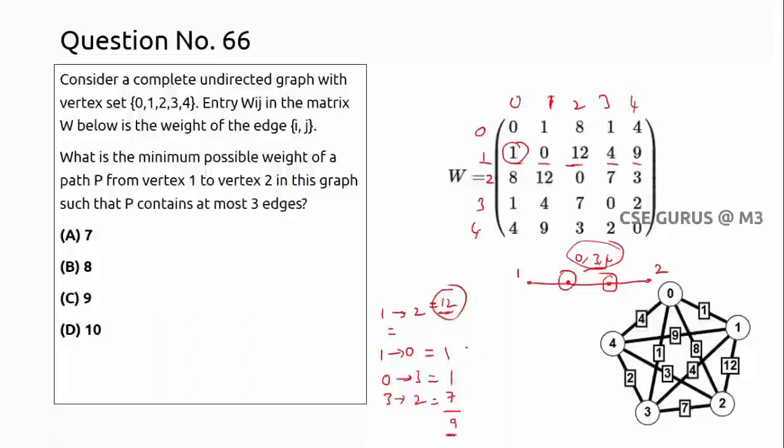But is there any other? So let us suppose after 1 to 0 I get 1 here. 0 to 3 is 1, 0 to 4 is 4. I will check this one. Instead of 0 to 3, I will take 0 to 4 first. That is 4. Now I will take 4 to 2. What is 4 to 2? 3 here I can take. So 4 plus 3 is 7, plus 1, which is 8. See, I am getting less than the previous. So like this you need to check. I think you cannot get less than this.